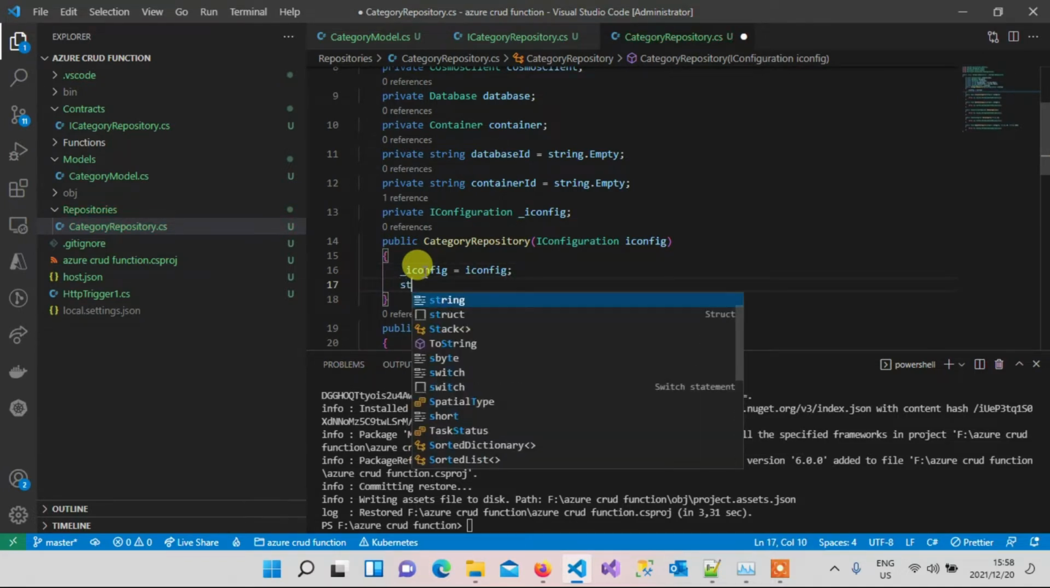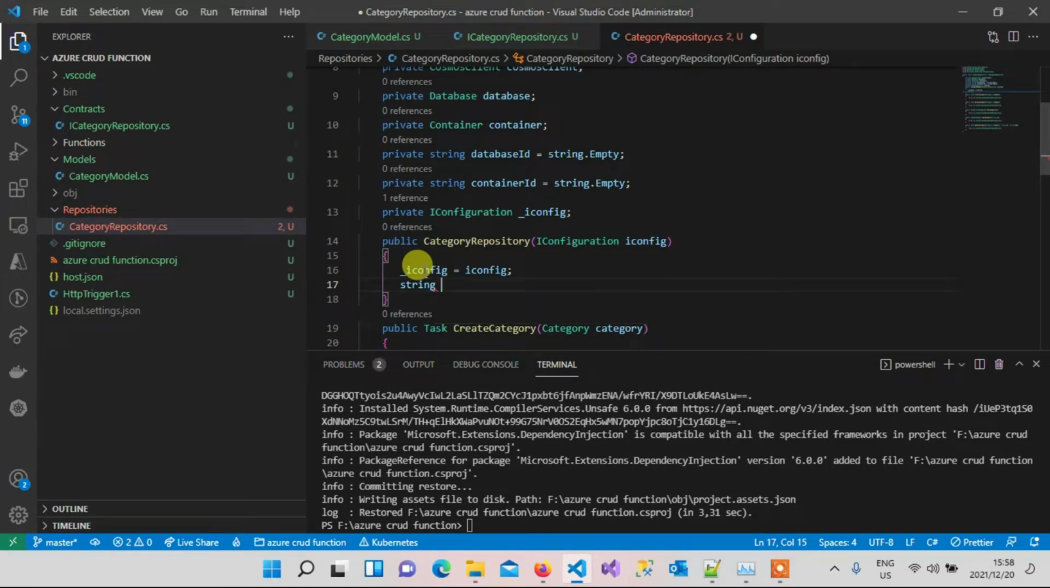Then we can declare our connection string. So connection string equals to IConfig, and then in IConfig we can get our value for connection string. We're gonna set it up later. I'll just call it Cosmos DB connection string,